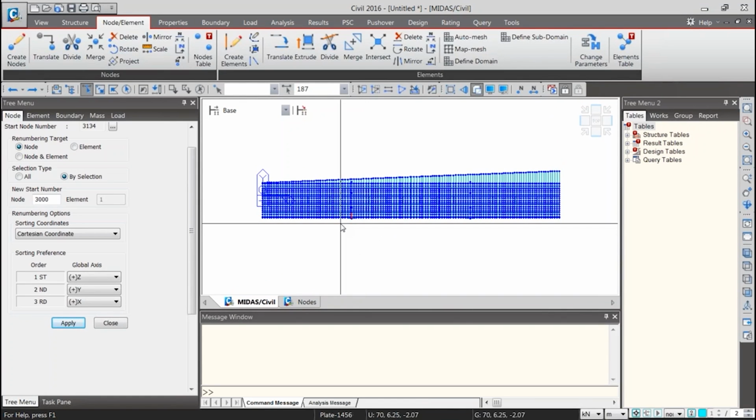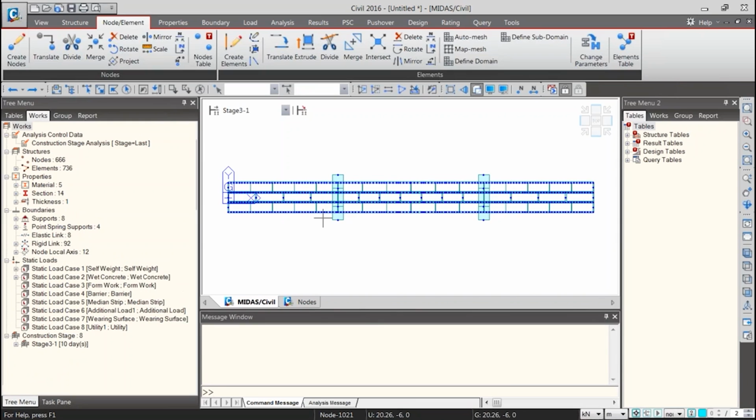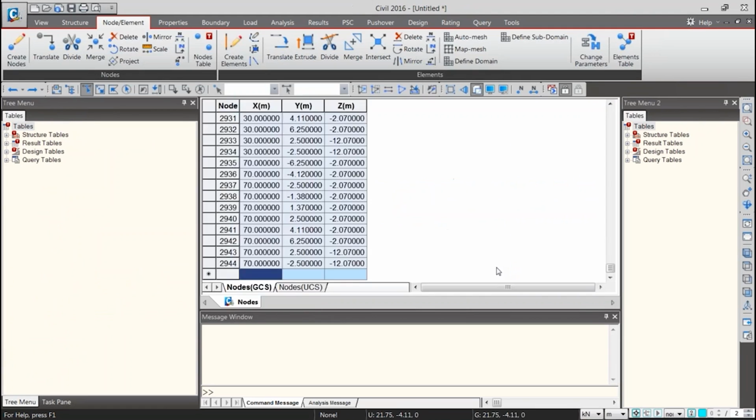Similarly, in many cases, what happens is that had we not made a deck and a beam model, and had we made just a beam model, let's just start from the beginning. So you know the procedure.